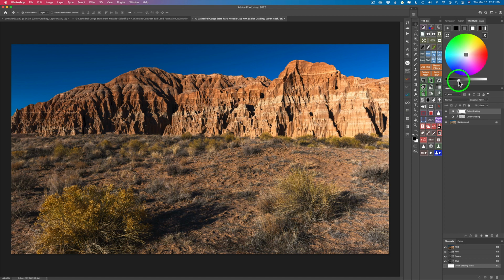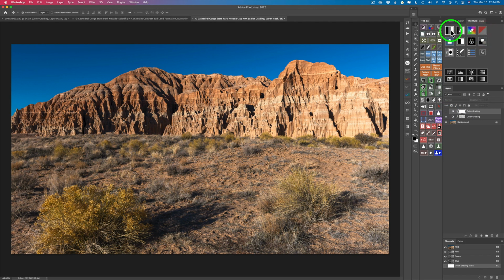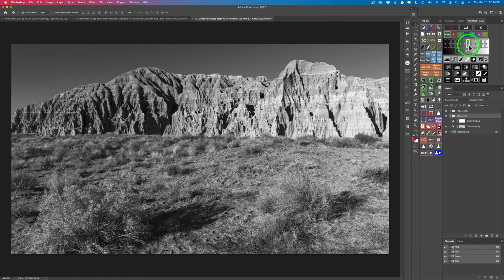I just want to darken it down, not too much, but maybe right there. Here's the before and here's the after, but I just want to target this area here. Now what I'll do is shut off this layer by clicking on this eye. And then I'm going to come up and X out the color grading tool, and let's open up our luminosity masks. And I'm going to use Lights 1 because this is a light area here,